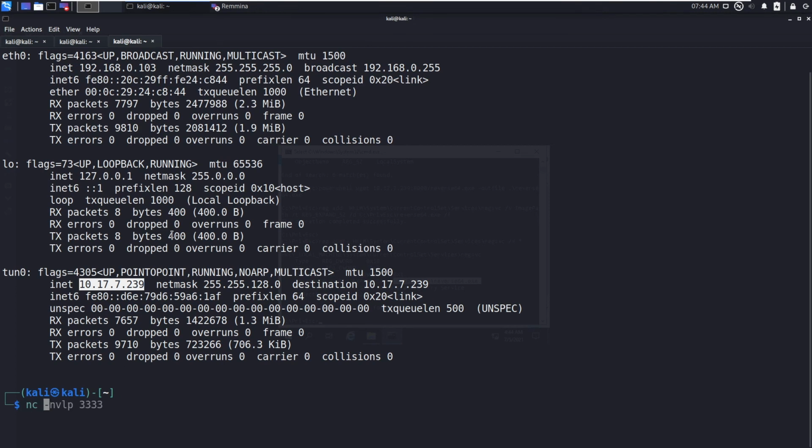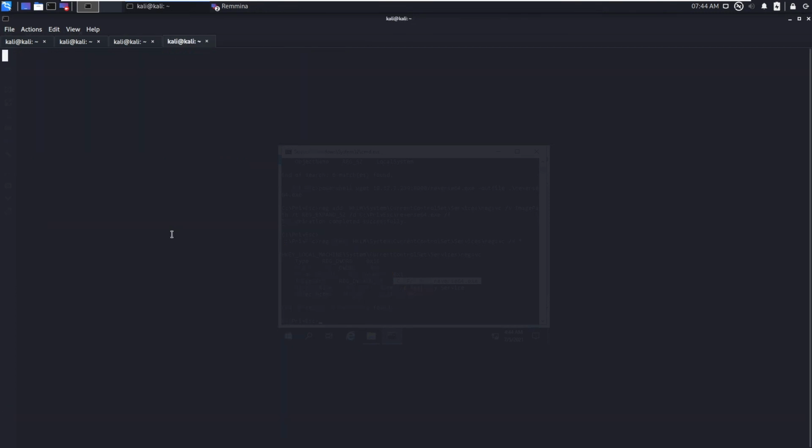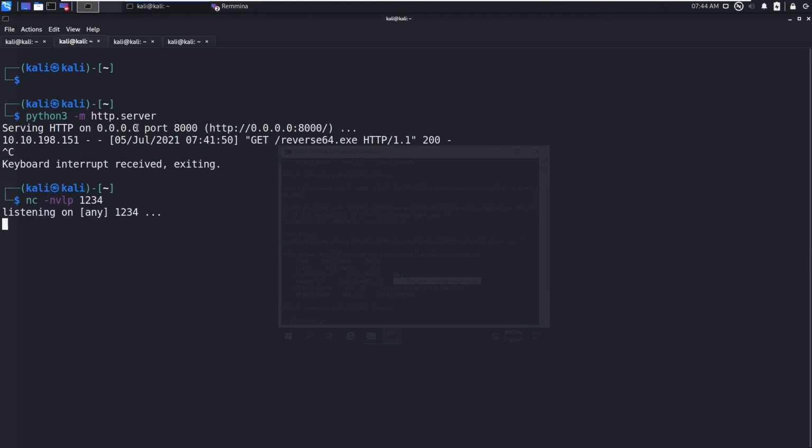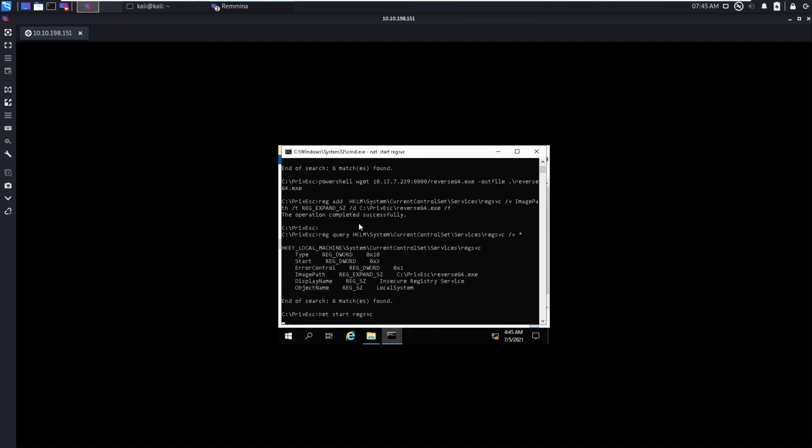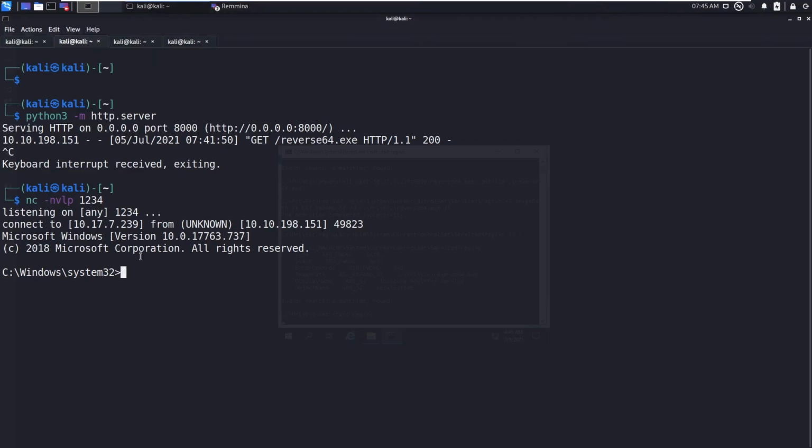So let's try a few ports that I commonly use for reverse shells. 1234. So we need to start this service again. Let's start. And you can see we got the reverse shell on 1234.